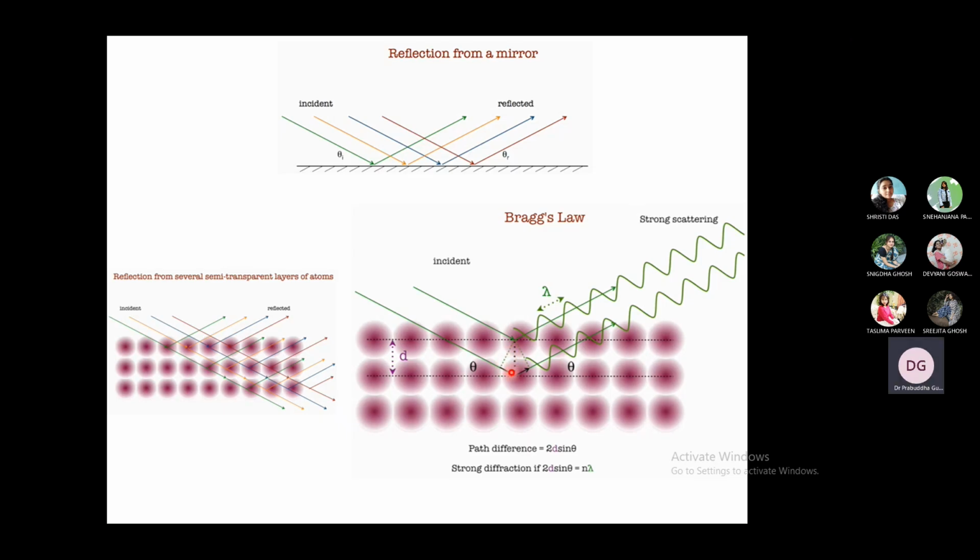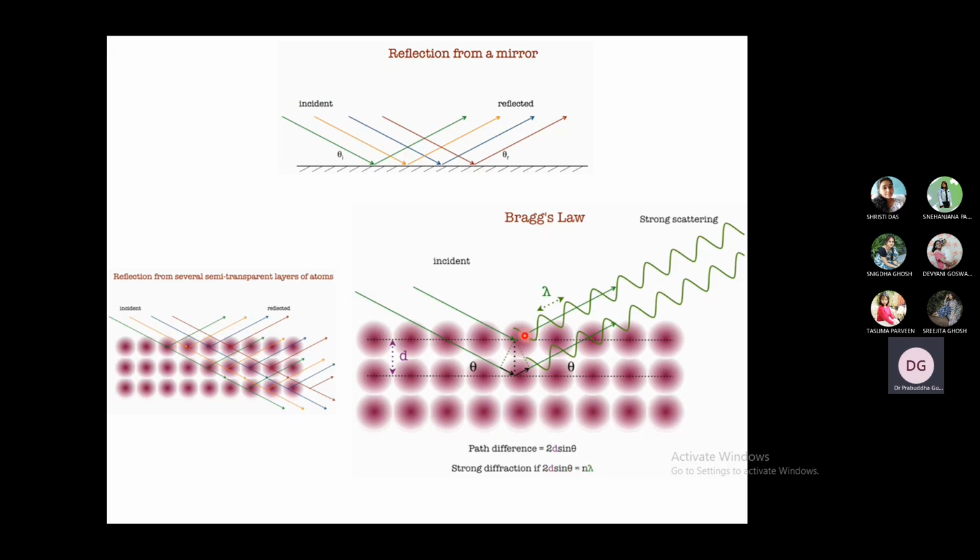So this distance will be d sine theta. So this is d sine theta. So the distance traveled by the second ray is 2d sine theta, and so if this 2d sine theta is